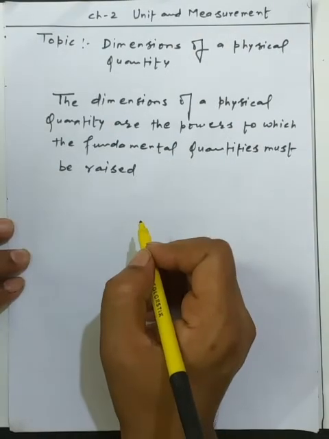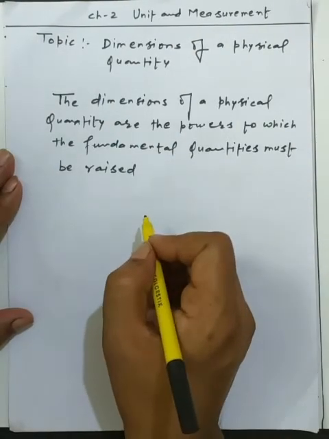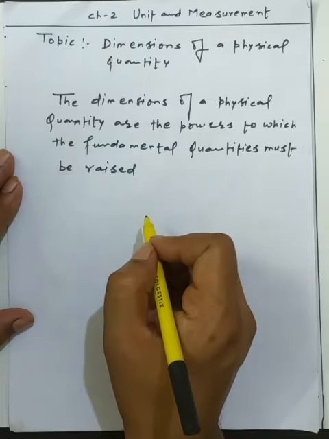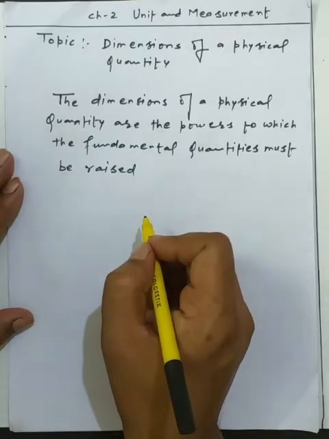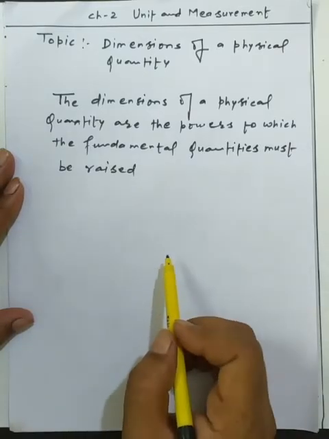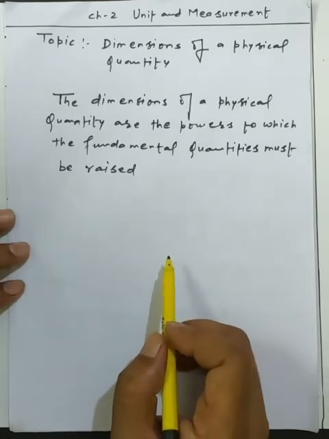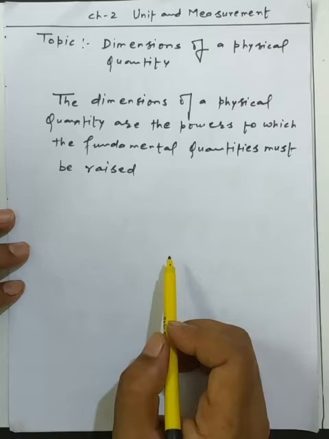Now, dear students, to chapter number 2, unit and measurement, along with the dimension of a physical quantity. It's a very simple topic, and always so many questions come in the examination on the dimension of a physical quantity. So today we will learn how we can find out the dimension of a physical quantity